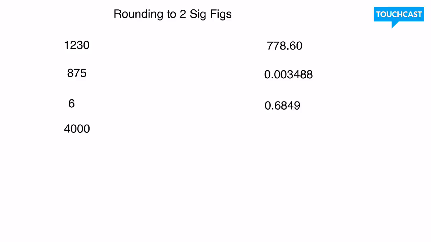We're just going to look at a couple of quick examples of rounding to a specific number of significant figures. Today we're just going to look at rounding to 2 sig figs. Here we have a good mixture of numbers with decimals and without decimals. We're going to round each of these so that they only have 2 significant figures. So we're going to start here with